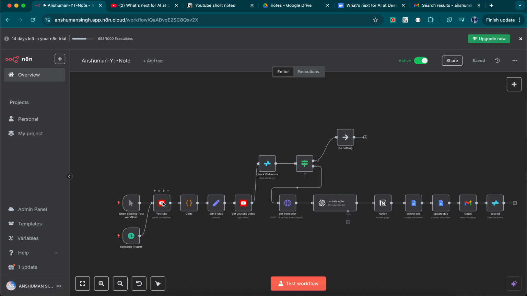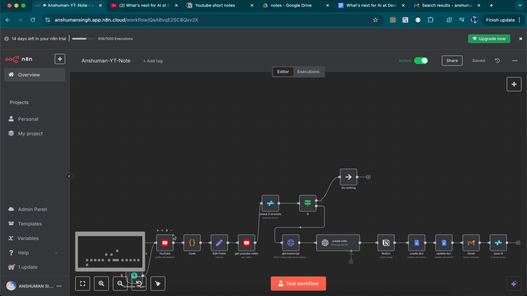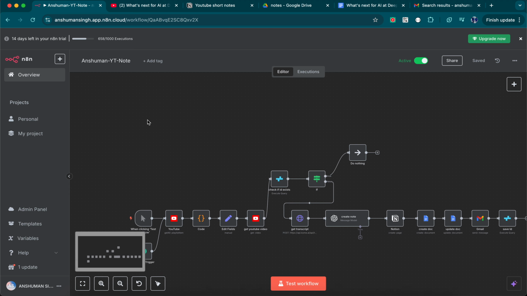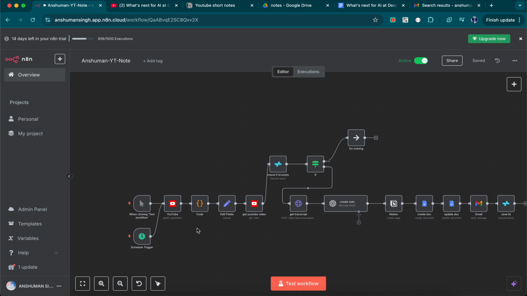What it does is call one of the YouTube APIs to pull the playlist information, and from that playlist it will pull the last 25 videos saved in that playlist. And this is configurable. If I open it, you can see I have configured my notes playlist. You can configure your own playlist, right? Alright, so once I have got those 25 videos in the form of an array of